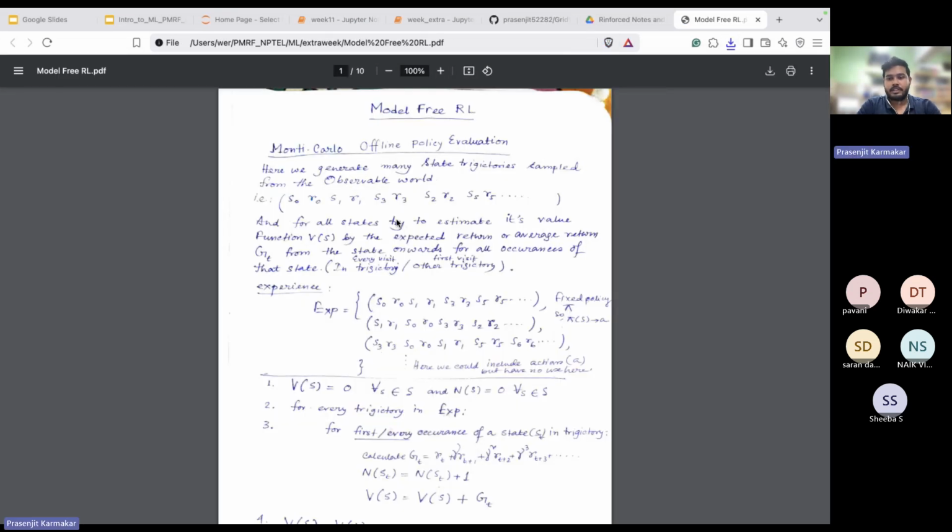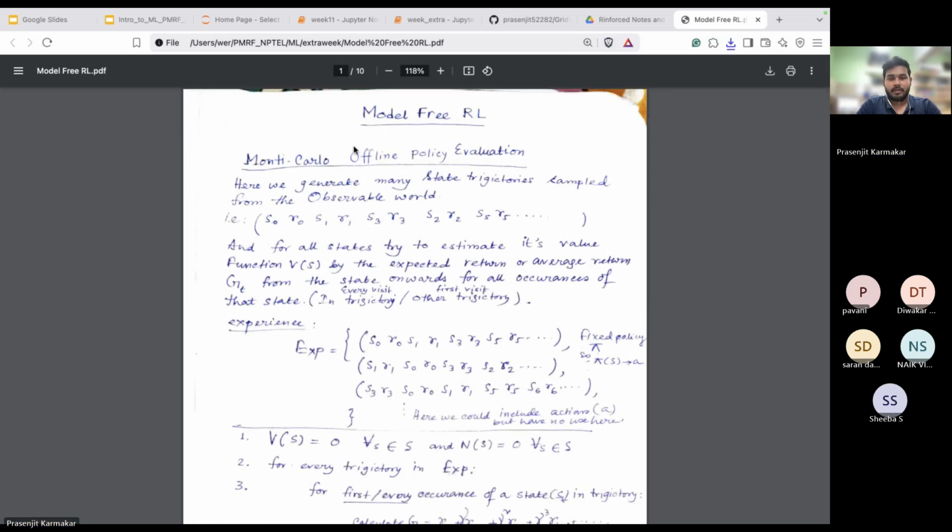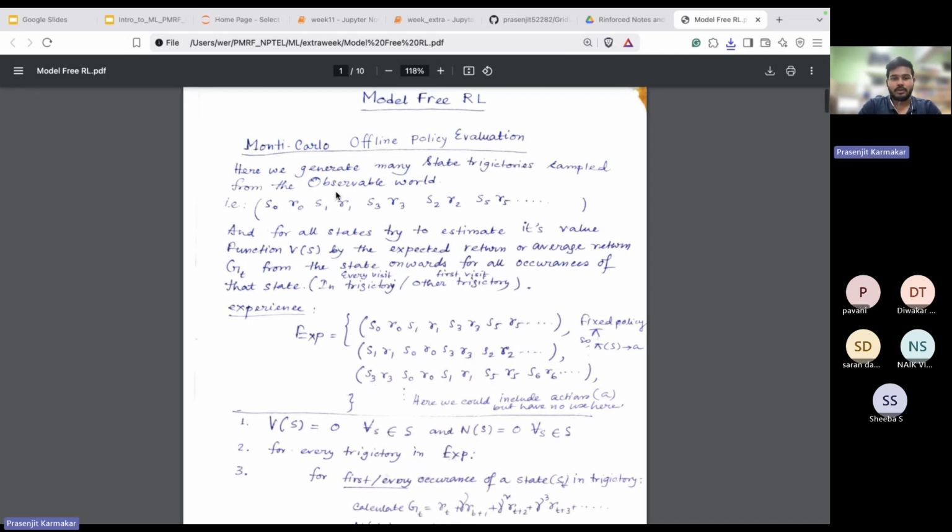Okay, so it's very easy to understand. See, in model free reinforcement, there is one method that is very popular. That is this Monte-Carlo method. Okay, so what is Monte-Carlo? You basically keep on collecting the data and then you aggregate everything, compute all the returns from every state and then aggregate. That's basically the brute force approach. So what you do, see,